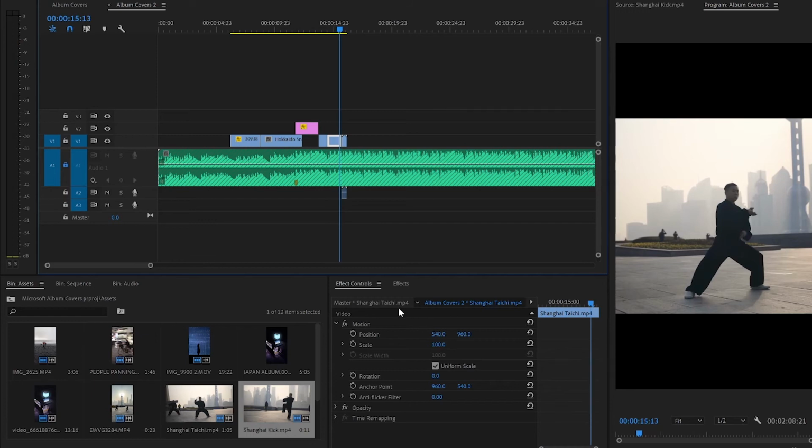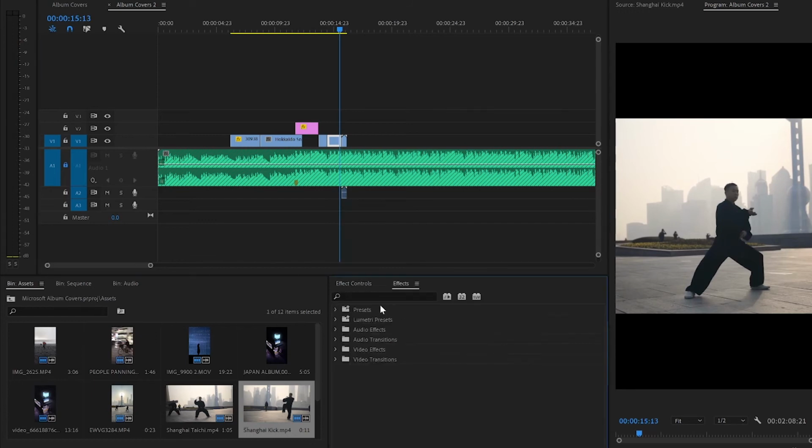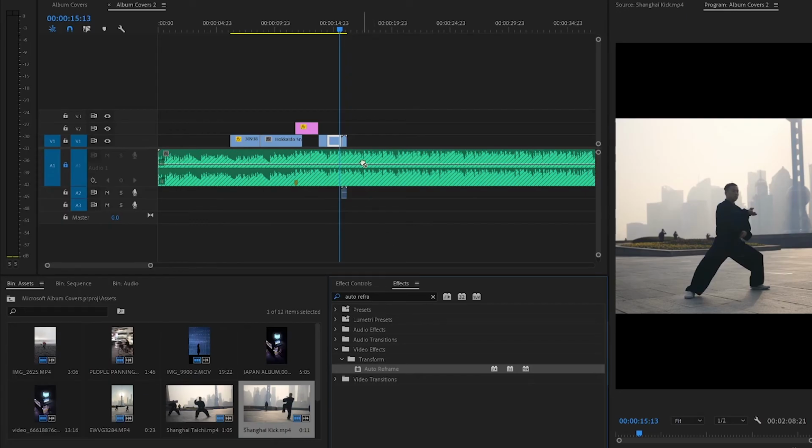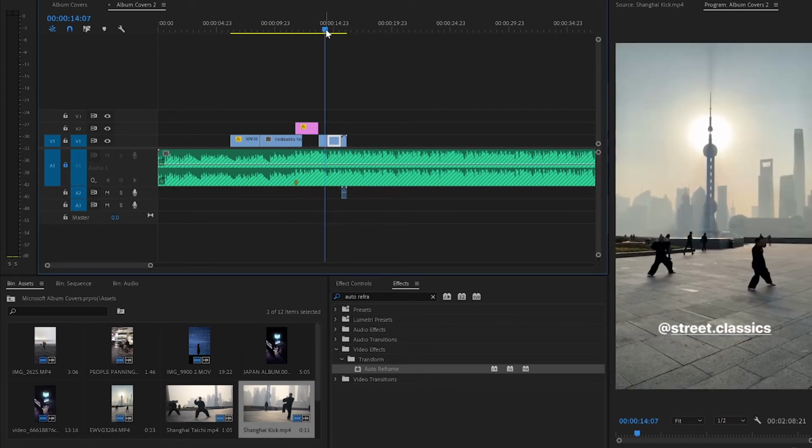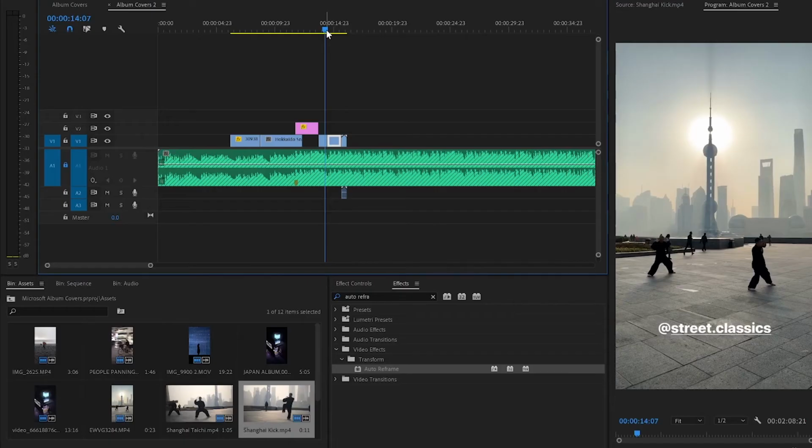So you're going to go to the effects panel, which is Shift 7, and then in the search you're going to type in auto reframe. This effect's really good for social media as it automatically recuts your landscape videos into vertical. So I'm going to click and drag auto reframe onto the clip, and it should automatically not only resize it for you, but it intelligently selects the subject and puts them in the center of the frame. This is how it looks.